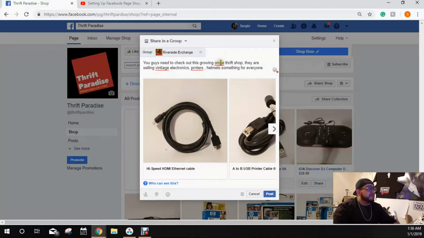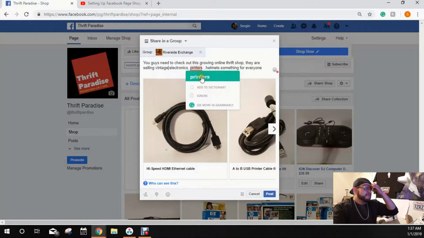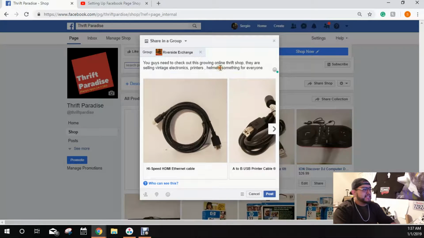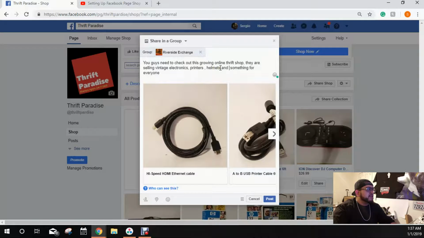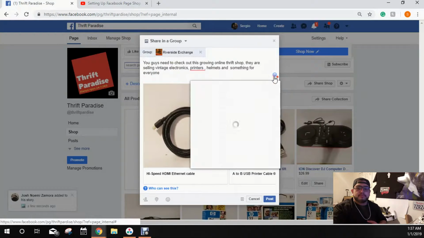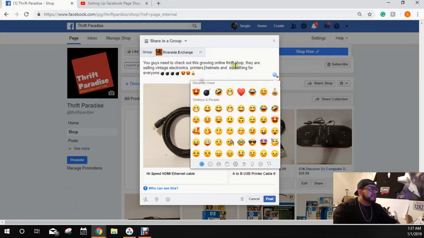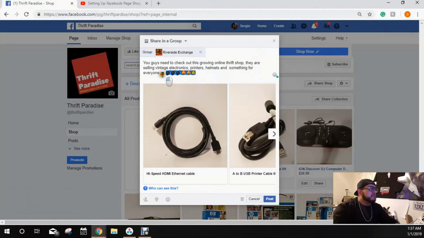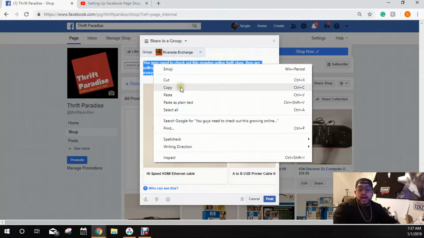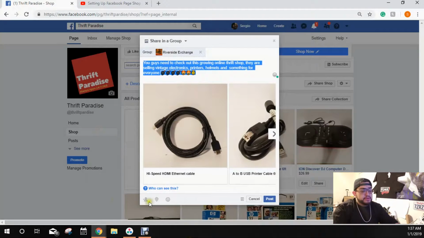Just make sure you don't have no grammar mistakes, nothing like that. You want to make it seem good, and then make sure everything's nice and right. This looks good. Copy. You want to copy these texts once you make the first one, because once you post it,